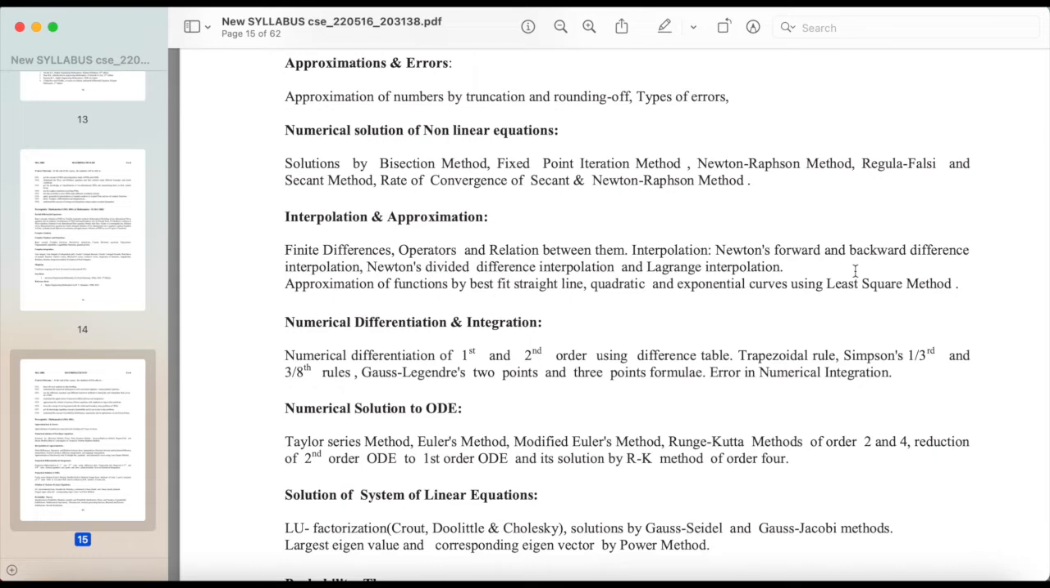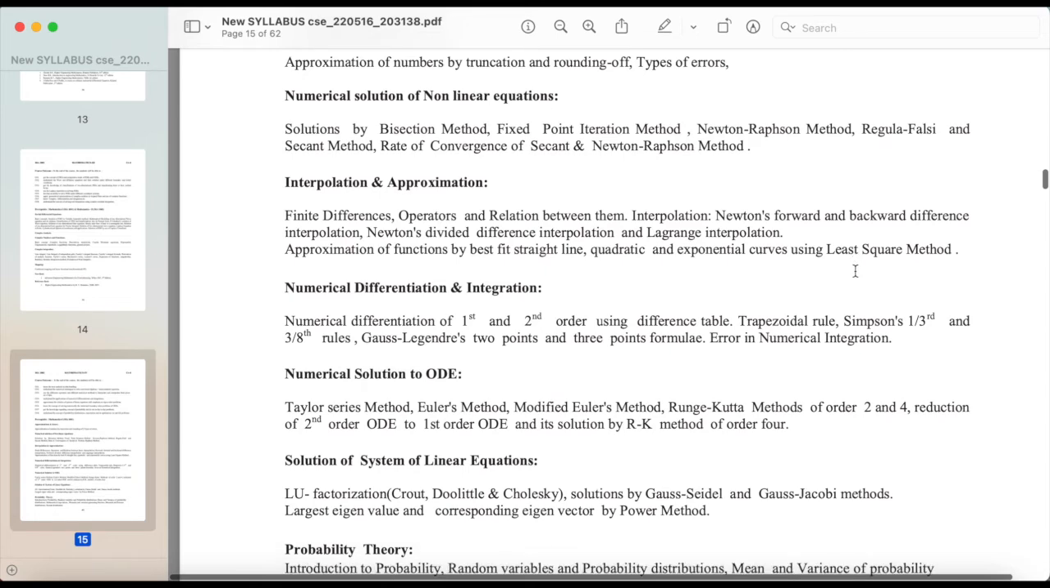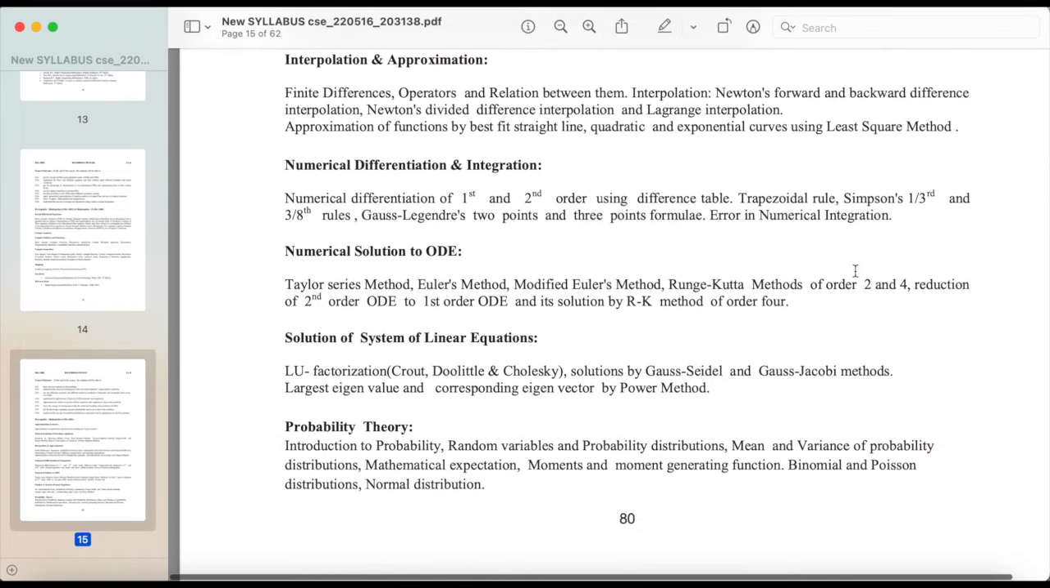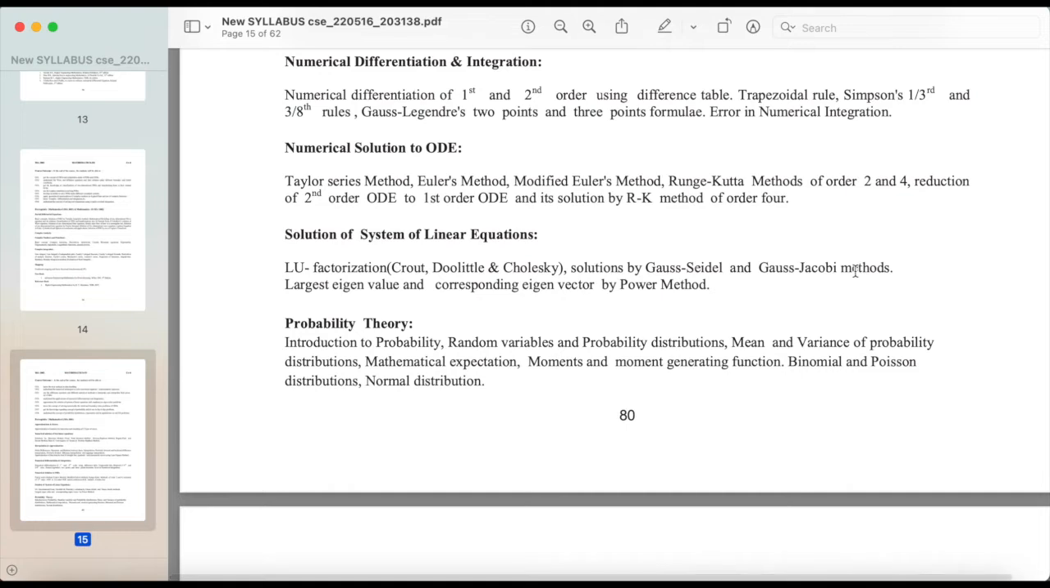line, quadratic, and exponential curves using least square method. Numerical differentiation and integration: numerical differentiation of 1st and 2nd order using difference table, trapezoidal rule, Simpson's 1/3 and 3/8 rules, Gauss-Legendre 2-point and 3-point formulae, error in numerical integration. Numerical solution to ODE: Taylor series method, Euler's method, modified Euler's method, Runge-Kutta methods of order 2 and 4,